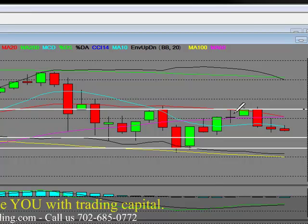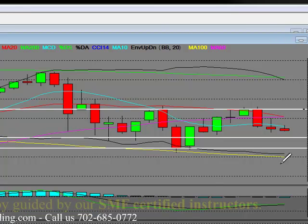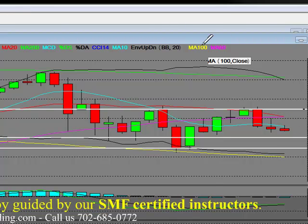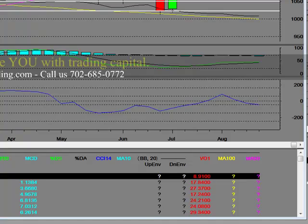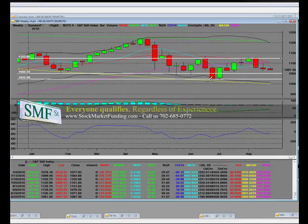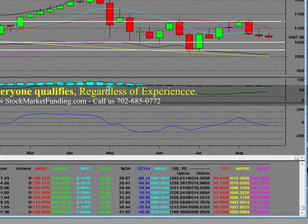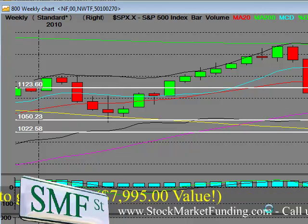Once again, you had a very weak rally to these triple tops up here with another reversal, and you got 10-week moving averages declining. You got the 20-week, that's about to cross over the 50-week. The 50-week moving average, very important. Look at it slide. That means that this S&P 100-week moving average is declining in price, which is very bearish, because at SMF Street we have a mathematical trend